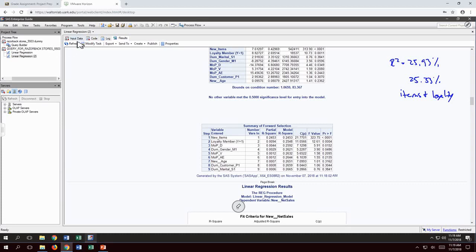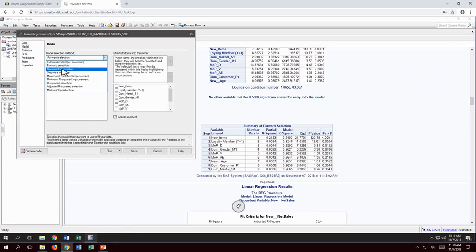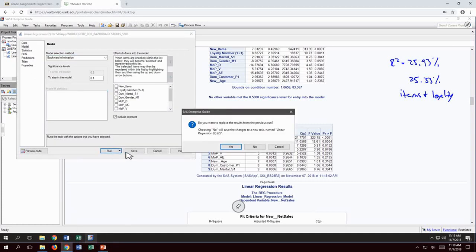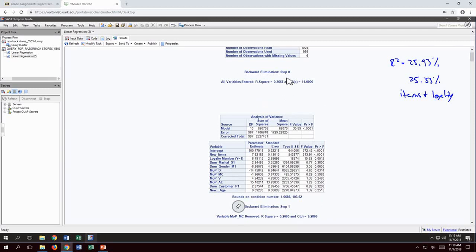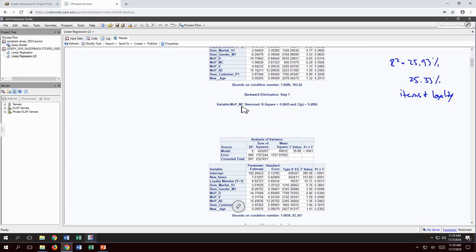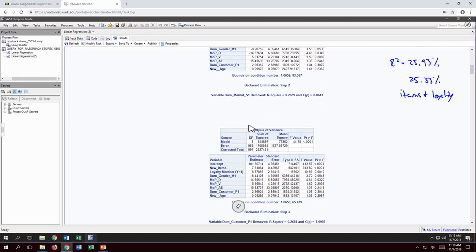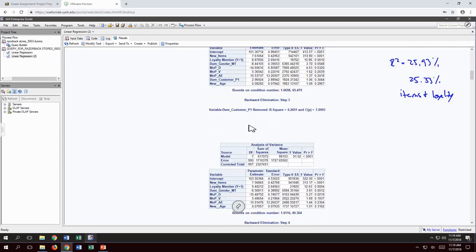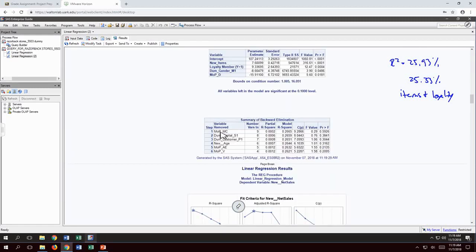So we could go back and try to modify task. Go to the model, and you could try backward elimination. So we start with all of the variables, and start kicking things out. Here we started, here's the full model. Here I kicked out method of payment MasterCard. Here I kicked out marital status. I'm just kicking out the least significant variable. Here I kicked out type of customer, and you go all the way down to the bottom, and they're going to say that these 6 variables